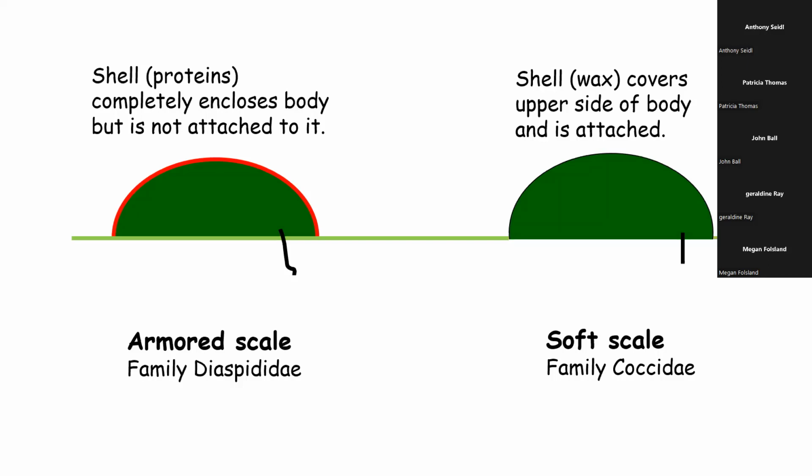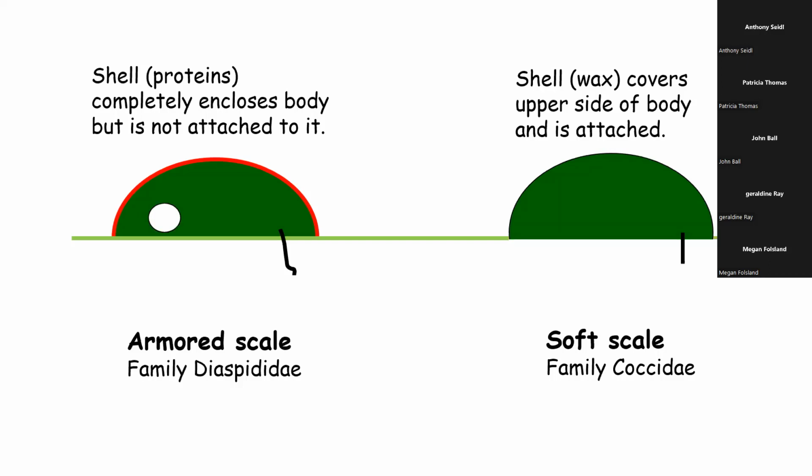The other difference is how they feed. If you take a look at the armored scale, I made kind of a little drawing there with its mouth parts. Think of that as a plumber's snake. It will literally move around and feed from individual cells, kind of sucking the contents out of them. And soft scale has just kind of a straight mouth part, and it taps directly into the sap and will suck the sap out of it. And that difference in feeding, going into individual cell contents or going to the phloem tissue, plays a big role in how we manage them.